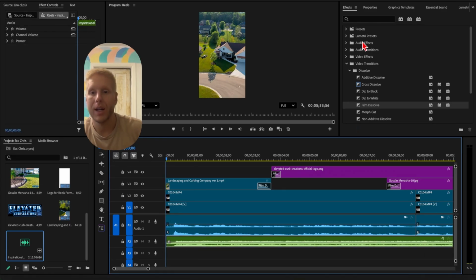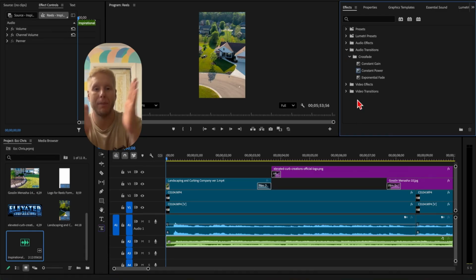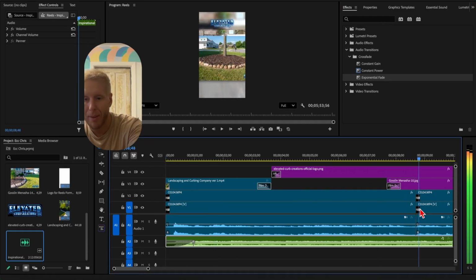bring it back, and now I'm going to look for the audio fades. The audio fades are going to be your best friend of any cuts in between clips that, if they bump or they make a noise, let's say you cut an on or an out and the next word sounds bad, this little guy, this exponential fade, is going to be your best friend to put it centered in the middle of a cut. So for example, right here, in this audio, if this sounded like crap right here,